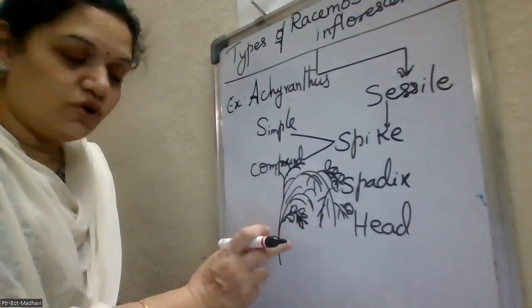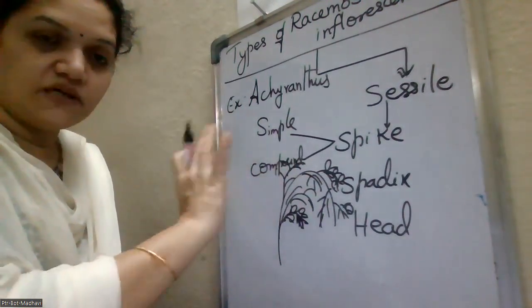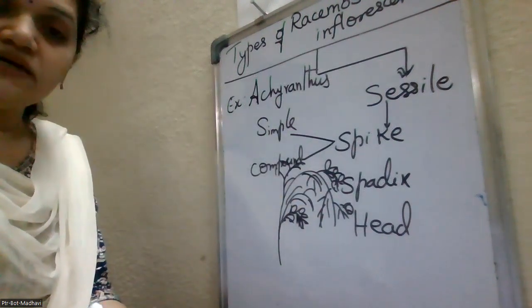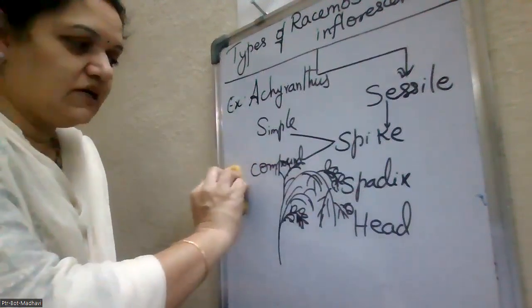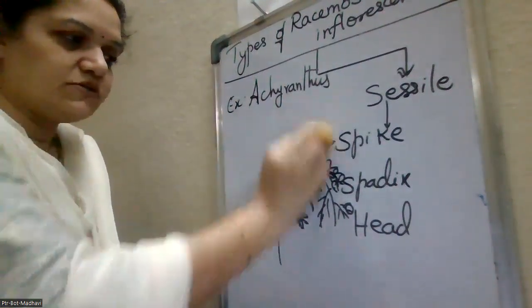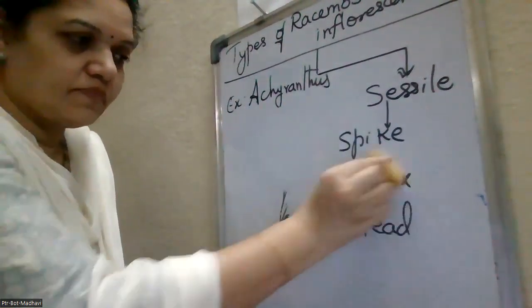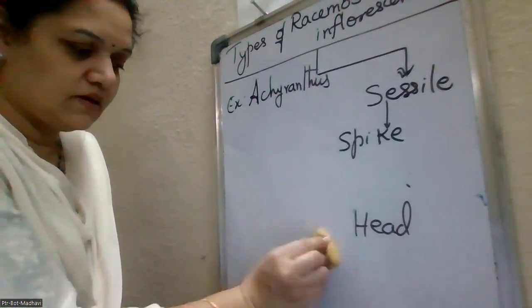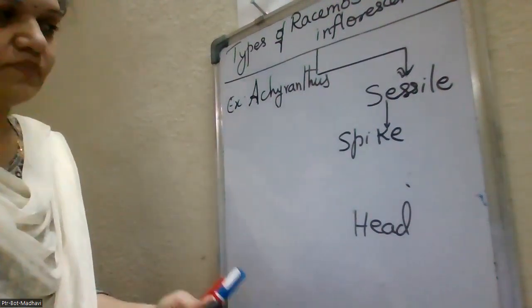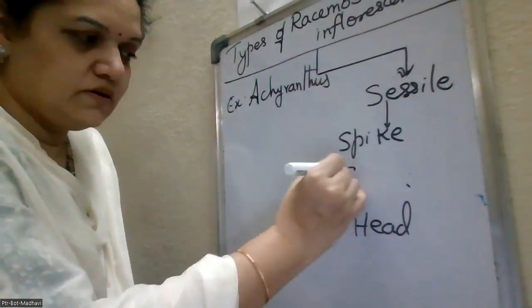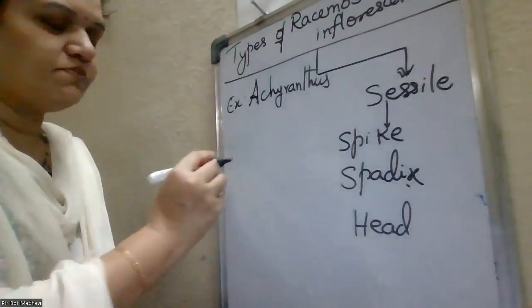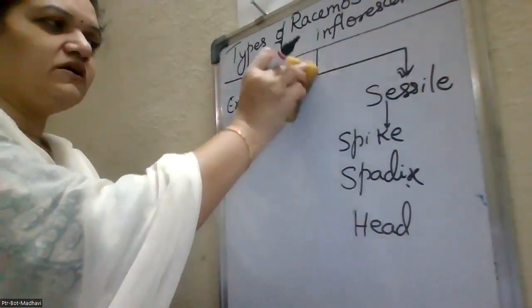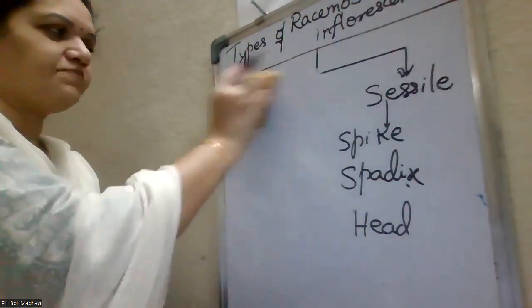Like this. Though when the inflorescence axis is branched and on that the sessile bracteated flowers are arranged, that is the simple spike. Now the spadix. Spadix means in this the inflorescence axis